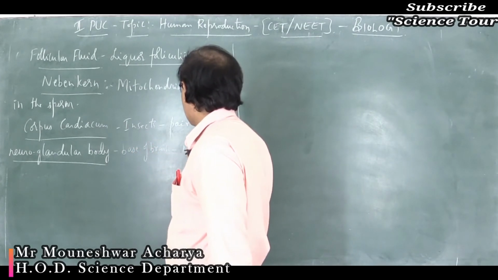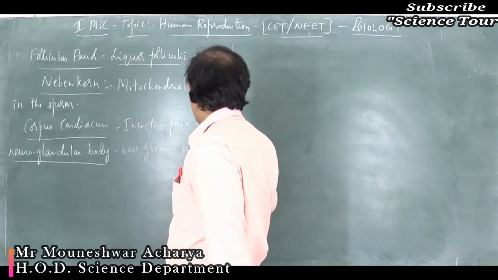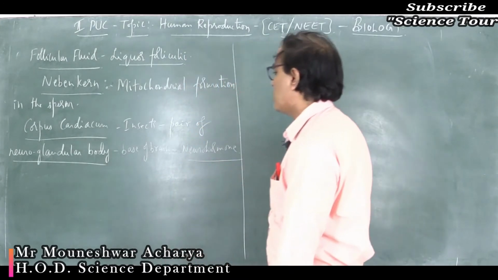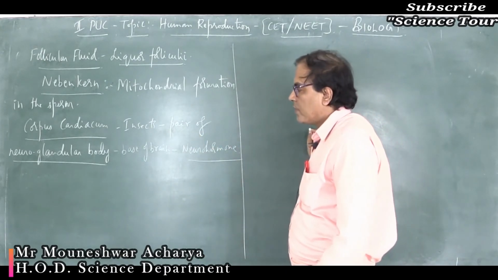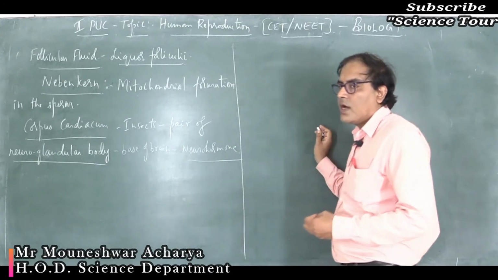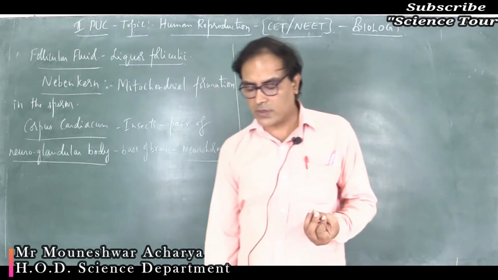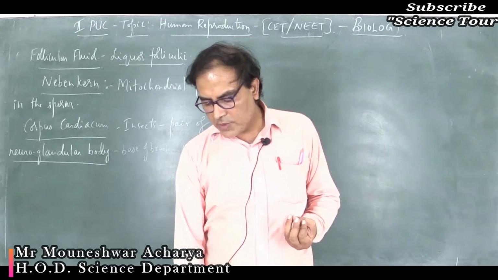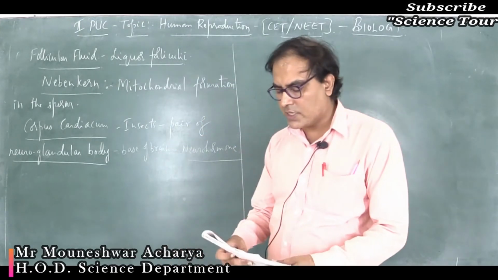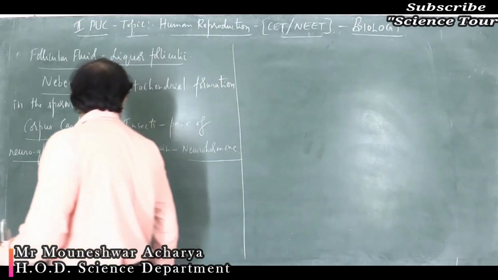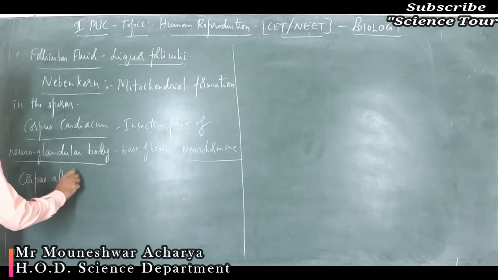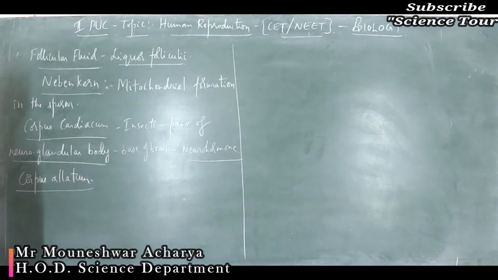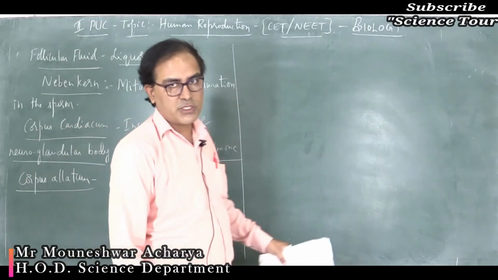It is a neurohormone, and it acts like a neurotransmitter molecule, helps for transmitting the signals from one end of the nerve cell, neuron, to another end of the nerve cell or the neuron. Similarly, the next option says corpus allatum. This is also an endocrine gland, or temporary endocrine gland, and it is found in insects, not in the mammals.